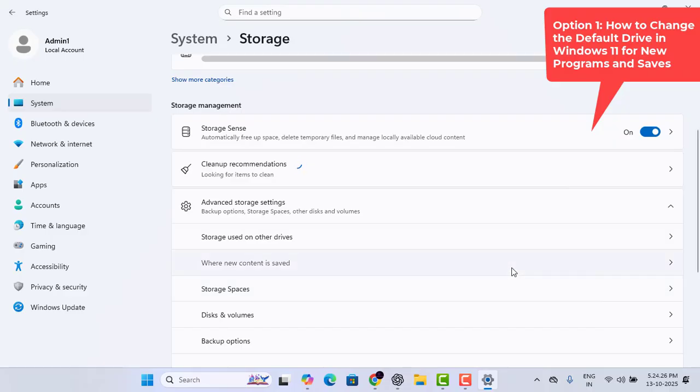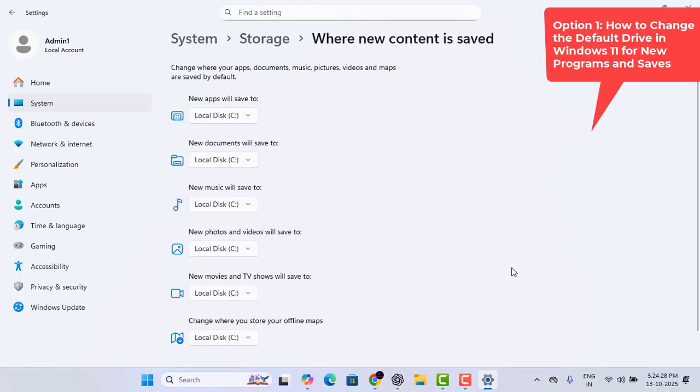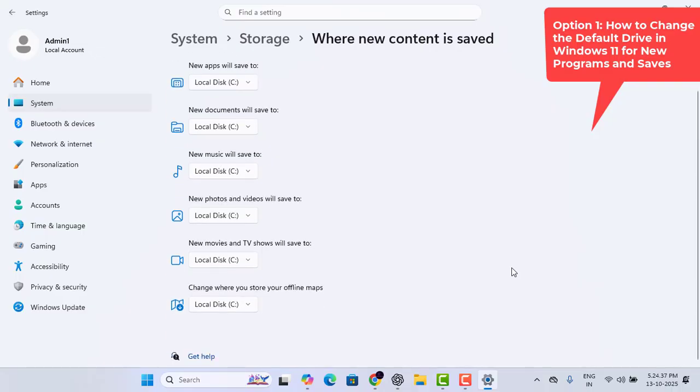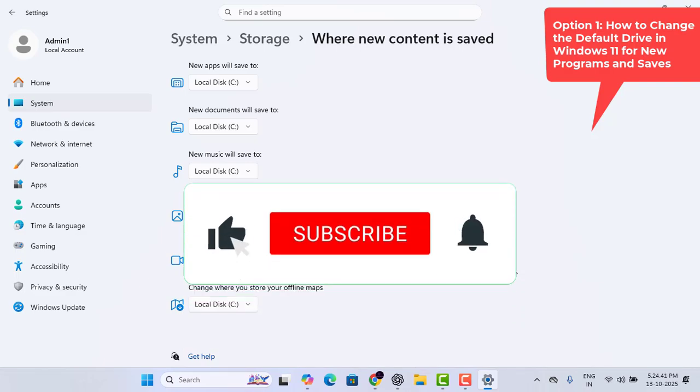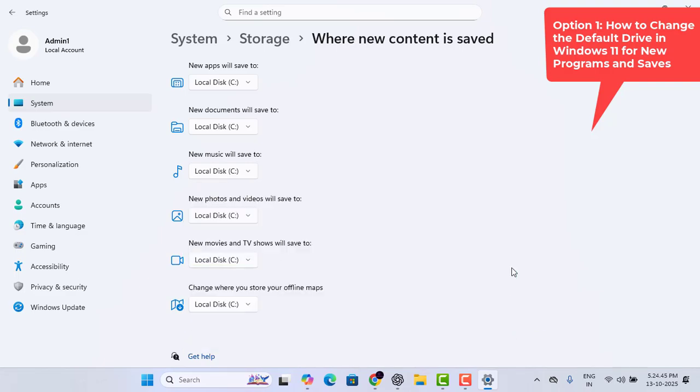Tap on that. And now here you can see step 4 is for each category, pick and choose which drive will become the new default. And note that this might not apply for all files within that category, as additional settings and installations can override them. So select for each category if you want. For the music, you can select this. That is simple guys, very easy.